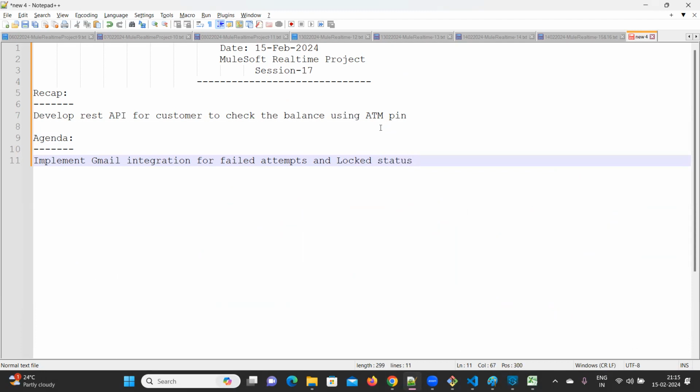Whenever the pin fails, whenever you give the wrong pin, at that time you need to send an email. And one more thing: whenever the card is going to lock, at that time also you need to send an email. And once it is completed,